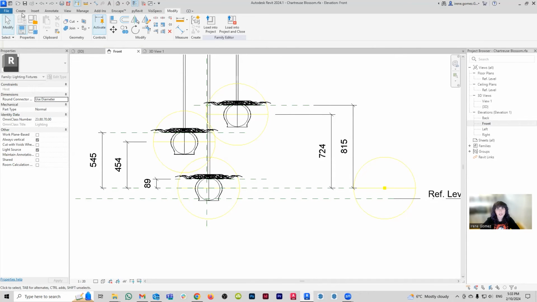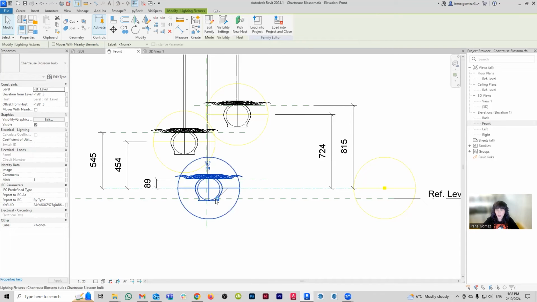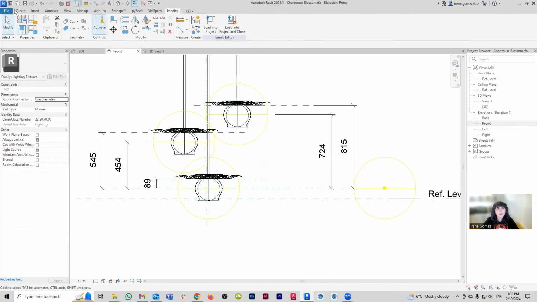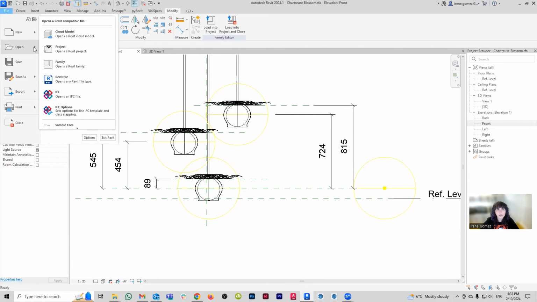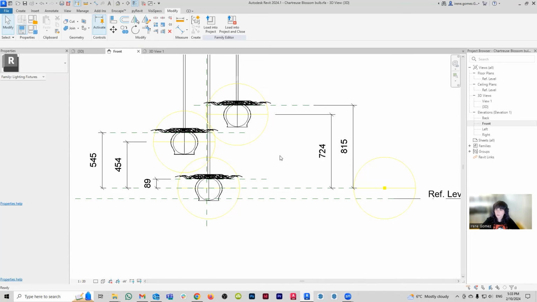So what we're going to do is go to the original bulb family. So let's say this, oh, no, not that. There you go. Double click to edit this guy. Oh, God damn it, cancel. Let's open it directly. Open. I said open. Oh, here it is. Bulb. There you go. I'm going to open this guy.